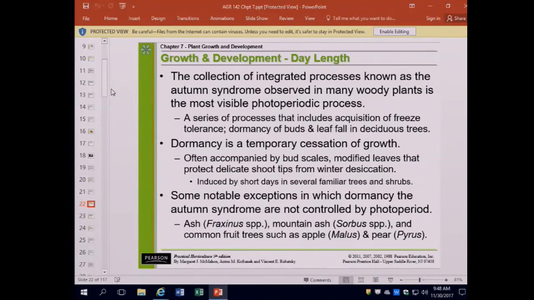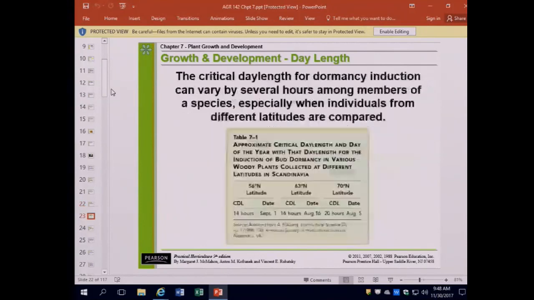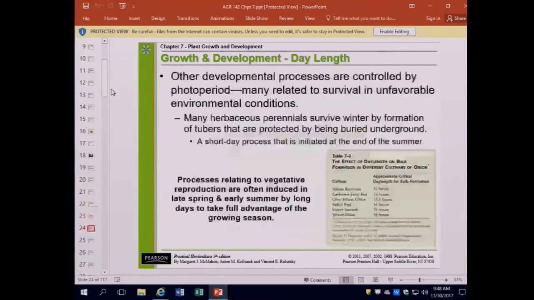But that's a temporary cessation, in other words, a temporary stoppage of growth. It's true in the region in which we reside with most of the broadleaf plants. Now, occasionally we've got a few broadleaf evergreens, but they don't do much growth. They still are basically dormant during this period of time. As we talk about dormancy,